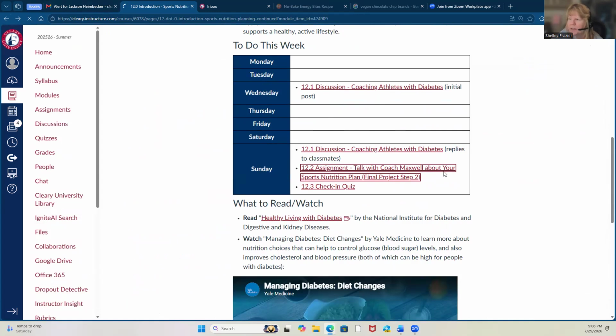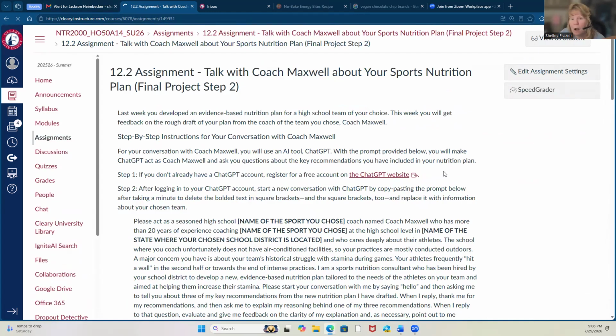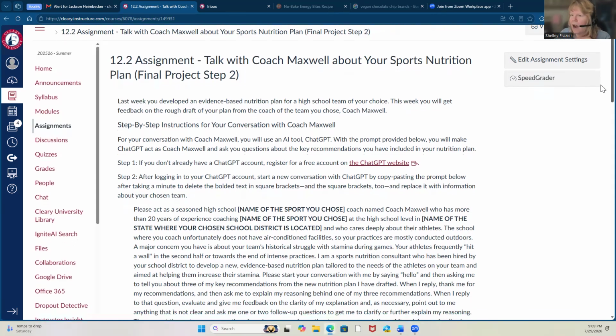So this is what all your rough drafts should be graded. I should have graded them, I mean, they should all be graded. If yours is not graded, I missed it, please let me know. I'm just making sure that you can see the right thing, just so that you make sure that you have that for this, and I want to give you as much time as you can. All right, so sorry about my cat.